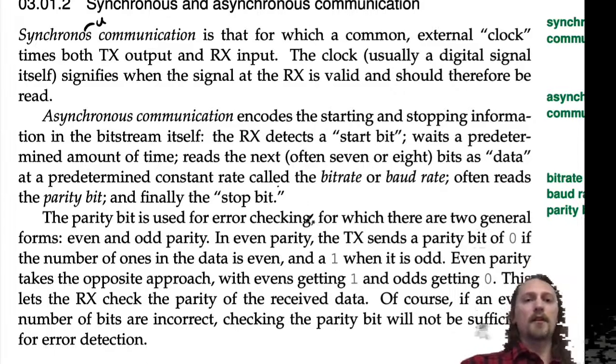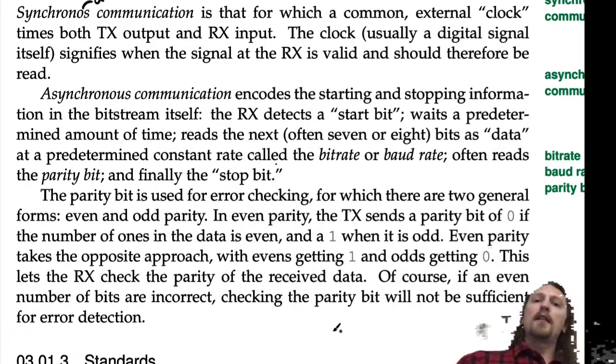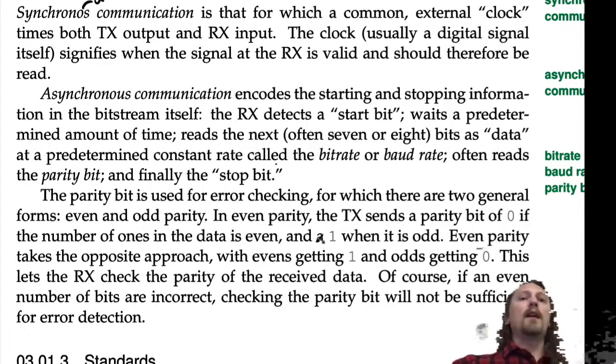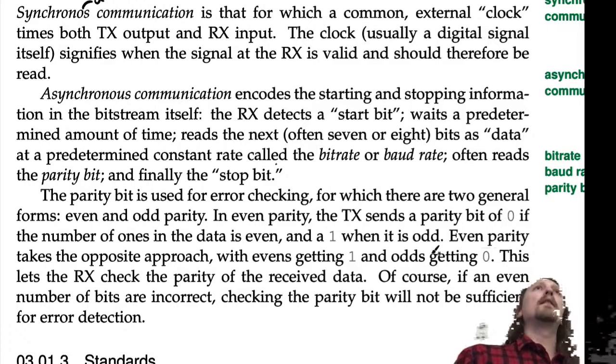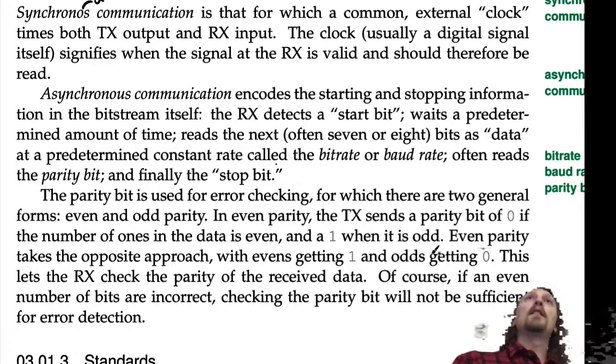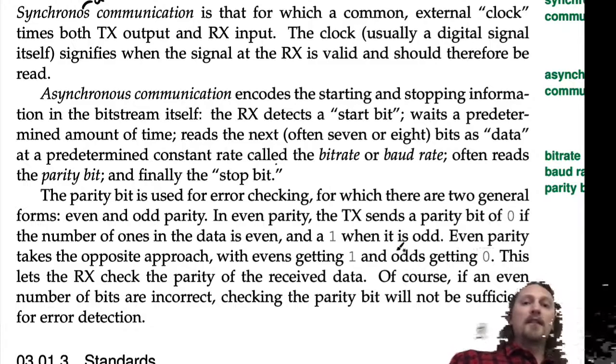So, synchronous and asynchronous. The parity bit is used for error checking, for which there are 2 general forms, even and odd parity. In even parity, the transmitter sends a parity bit of 0 if the number of ones in the data is even, and 1 when it is odd. Okay, so it's like, hey, I'm going to send 7 bits of information over, and if you're using even parity